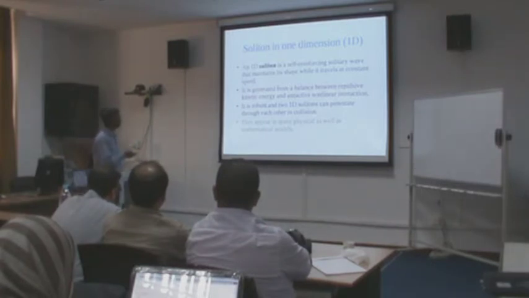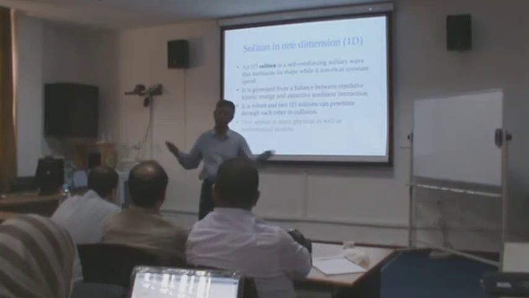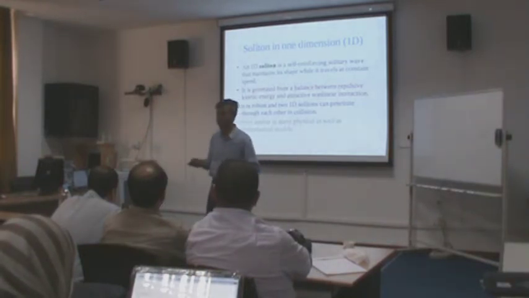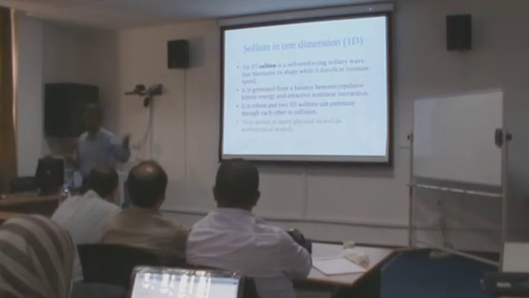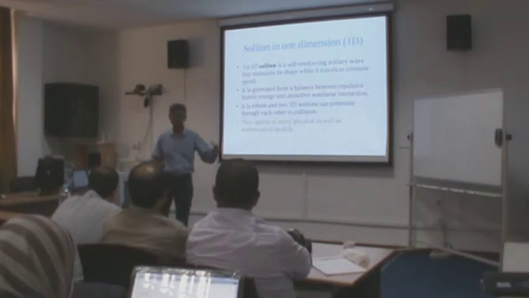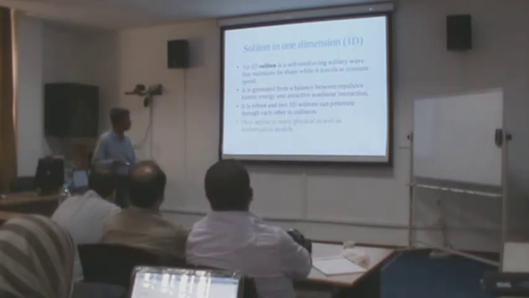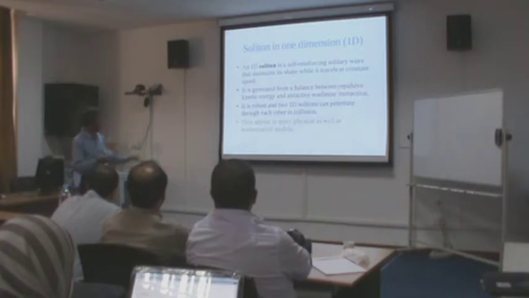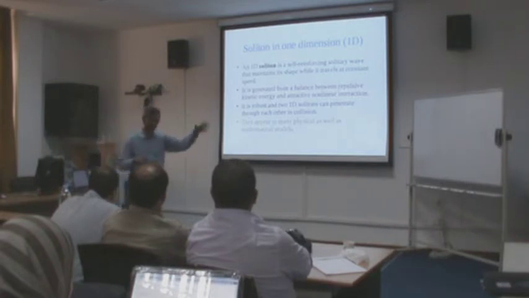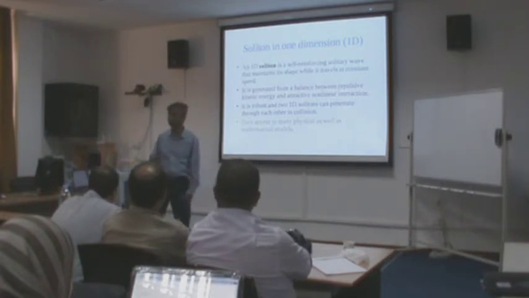So what happens is that you hit the soliton, it becomes deformed, but it again gets back its shape because of the conservation. Maybe it's conservation of angular momentum, maybe it's conservation of linear momentum, maybe it's conservation of the energy. So it cannot change because of those conservations, unless you forcefully violate those conservations. So this is called a mathematically integrable solution in one dimension.